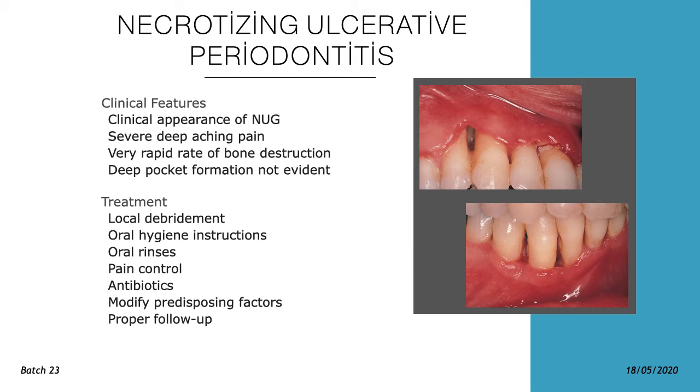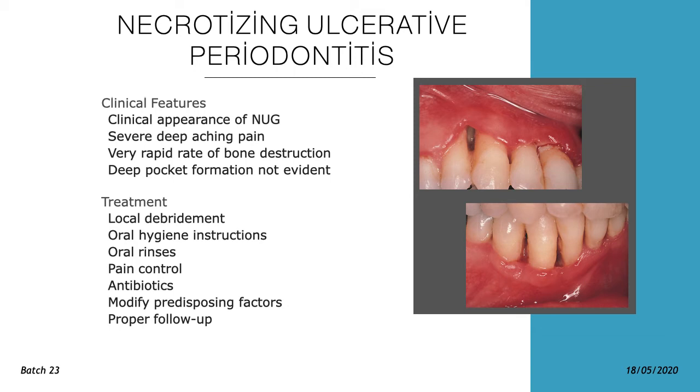The junctional epithelium is necrosed. Once the necrosis happens to the junctional epithelium, it will not migrate apically. So it just erodes the tissue rather than migrating apically. Only if the junctional epithelium migrates apically, you will see pocket formation. When there is no junctional epithelium or the junctional epithelium does not migrate, then there will not be any pocket. So in necrotizing disease, due to necrosis, the junctional epithelium is lost. So there will not be any formation of pocket in necrotizing ulcerative periodontitis.